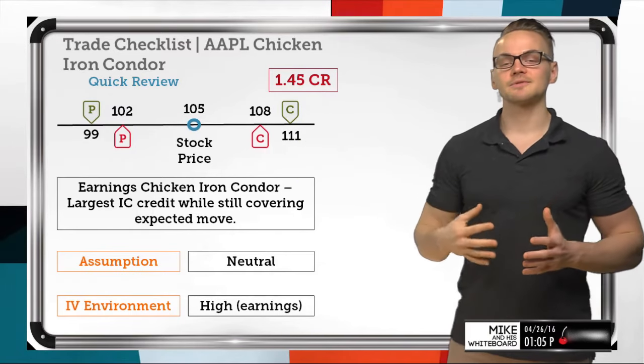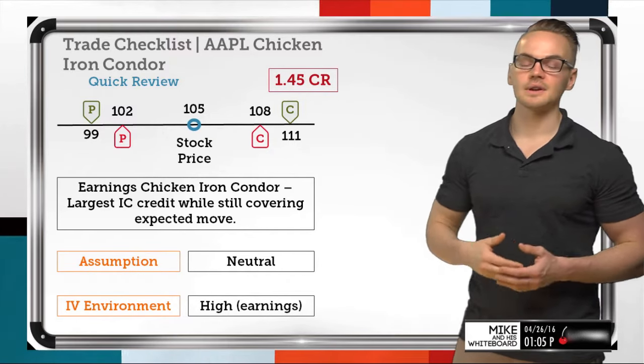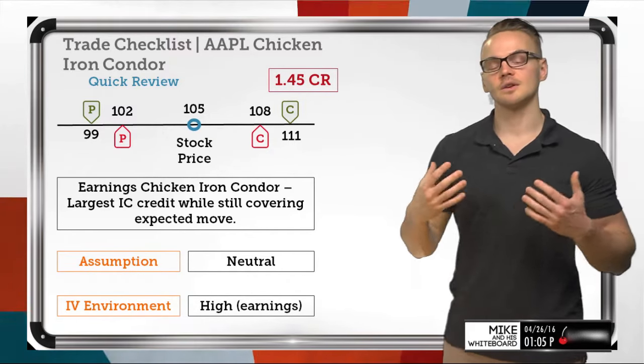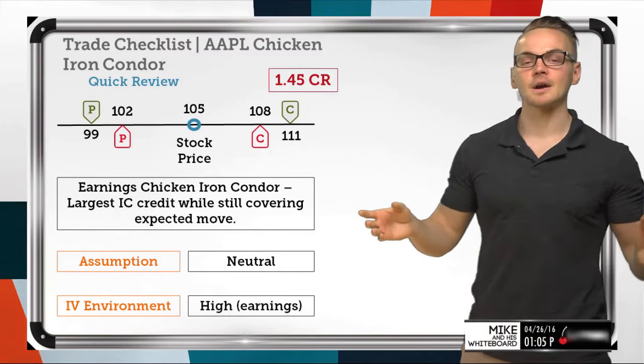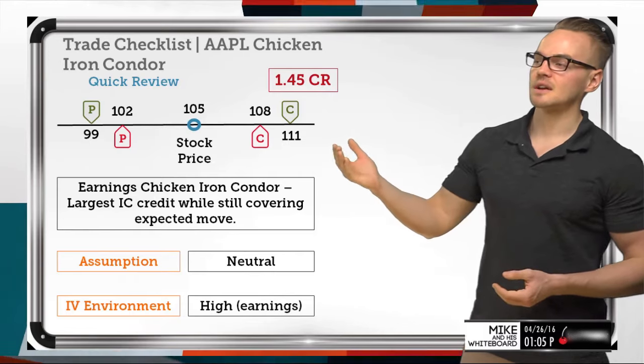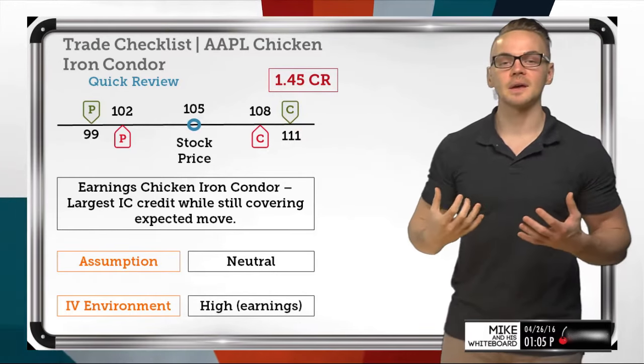So it's going to be best for that high volatility environment. And for me, I always reserve this for earnings strategies. I don't ever do this in a normal environment because I would much rather get that higher probability of success. With the chicken iron condor, since we're collecting almost half the width, the probability from a normal standpoint is